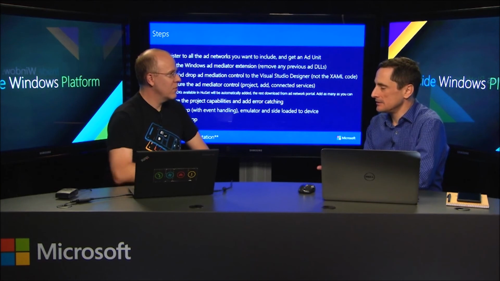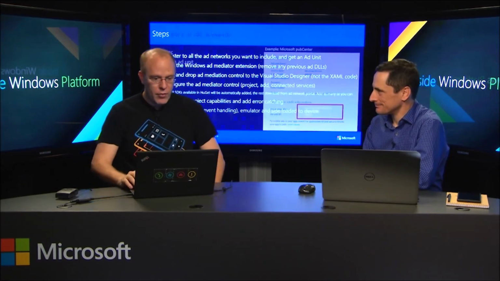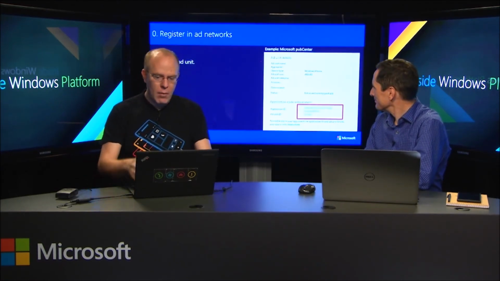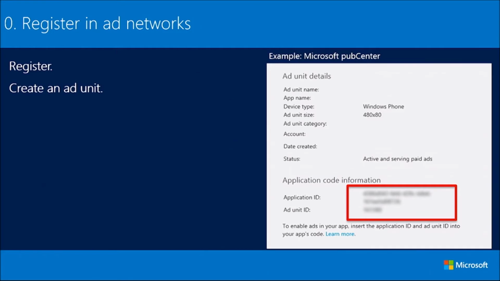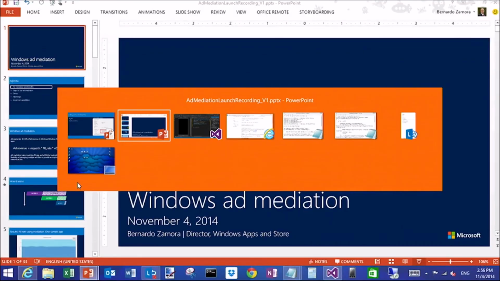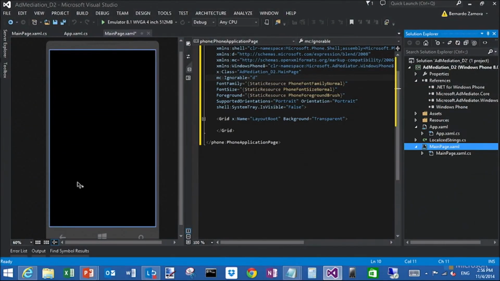Okay, so let's take a look at what this looks like. Oh, perfect. I think just let's look at the real one. Yeah. And we've got some screenshots here that we'll have in the deck that's available, but I'd love to see you actually do it. Well, let's see if we can do it. So, all right, Visual Studio. I downloaded the ad SDK. Okay. The ad control for the mediator. I've installed it,